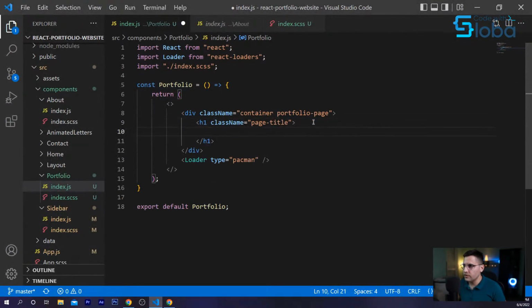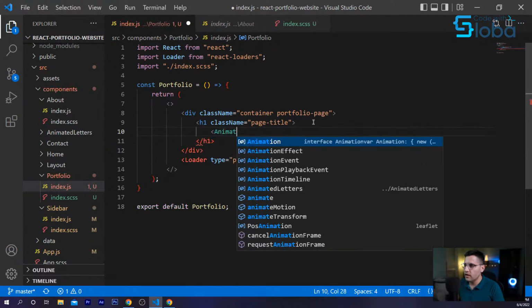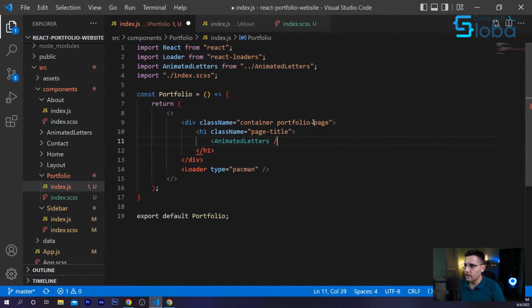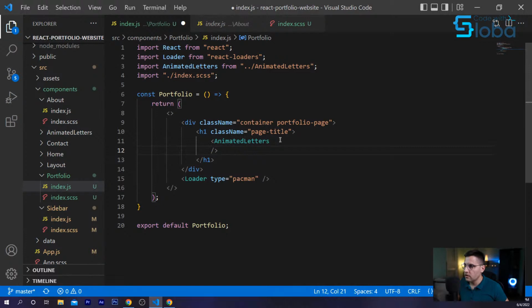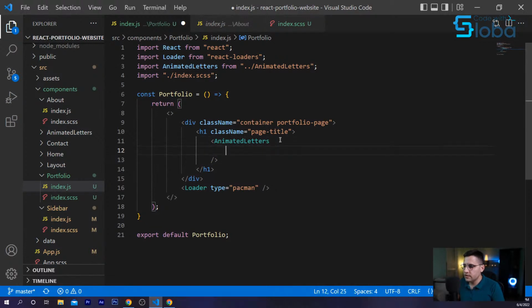And now we can really easily implement that because we created this animated letter component. So I will just remove this part and just import animated letters component. Again, make sure that it's imported on top. Here it's automatically imported for me. And the first thing which I want to add is index, which is 15 for me. The reason for that is, this is like a delay.